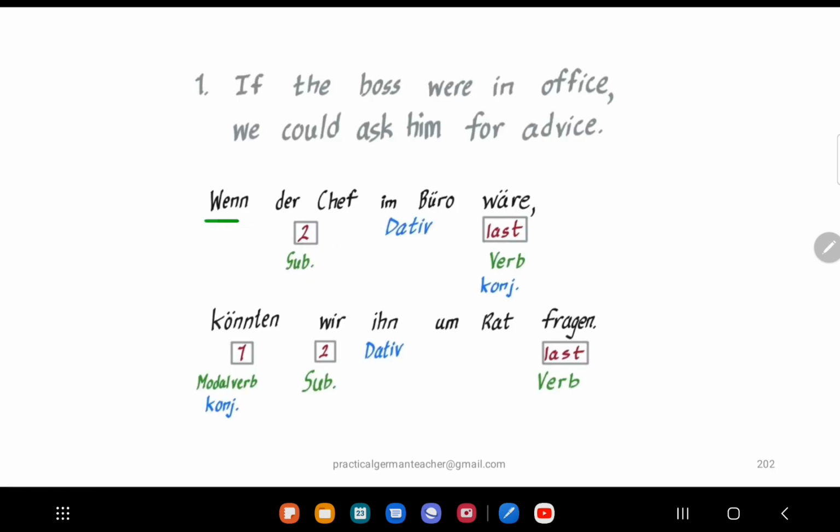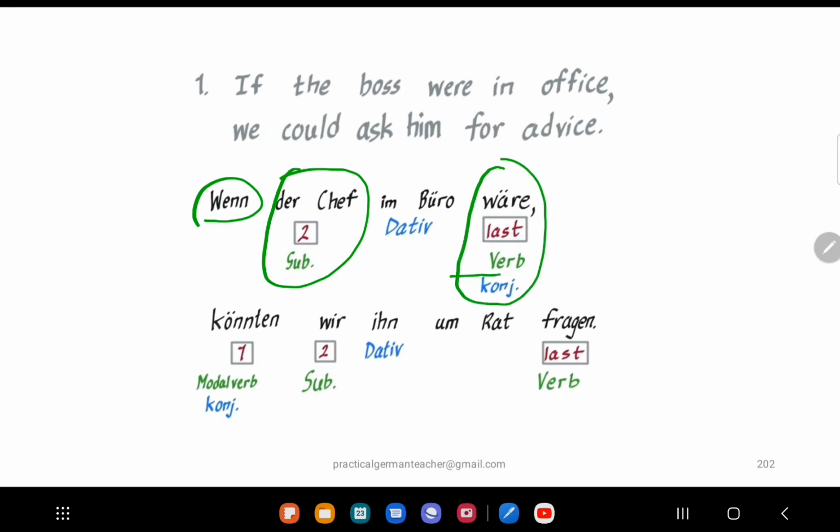So when, then the second position is taken by the subject. The subject is der Chef. The last position will be taken by the verb, which has been conjugated. So when der Chef wäre, here you will have the rest of the sentence. So when der Chef im Büro wäre. Okay. If there was no "wenn", if you just want to say the boss were in the office, then you would have